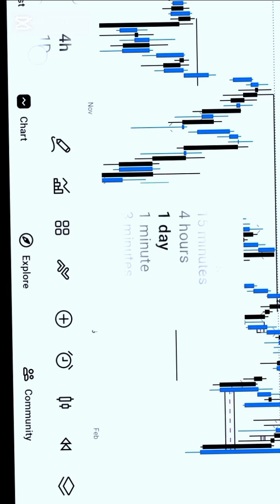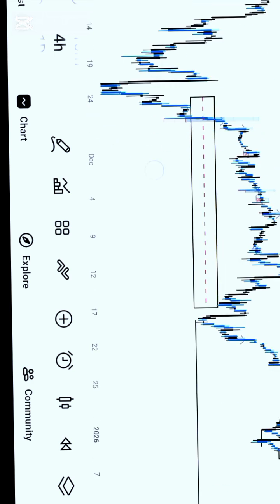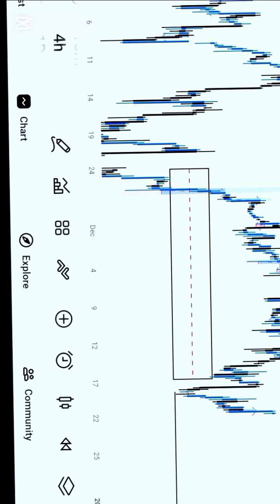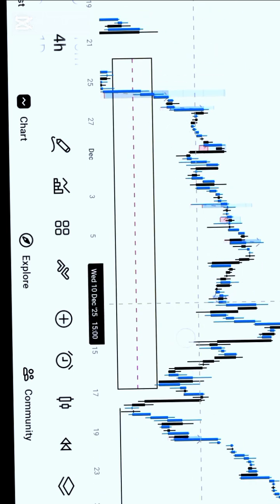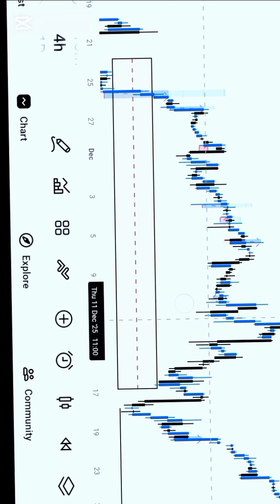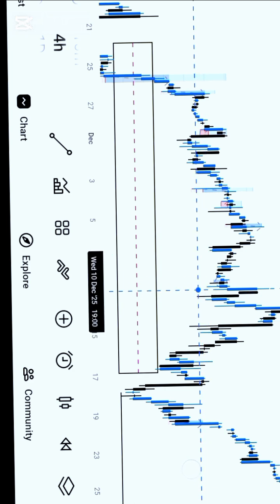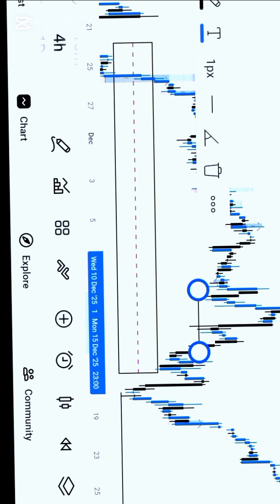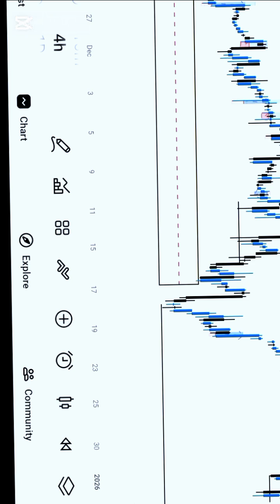So secondly, we go to the 4-hour time frame. We go to the 4-hour time frame, and you can see this is the same fair value gap we marked on our daily time frame. So let's assume that here is where the market is, which I told you to assume. So what you can see there is that we have a change of character here. We have a clean change of character here on our 4-hour time frame. This is a clean change of character after this break of session, and we also have another change of character here,